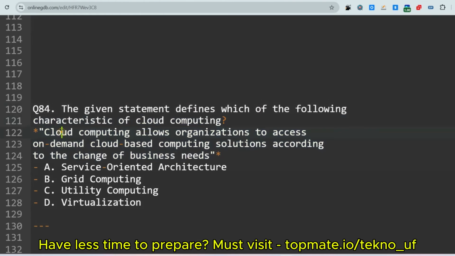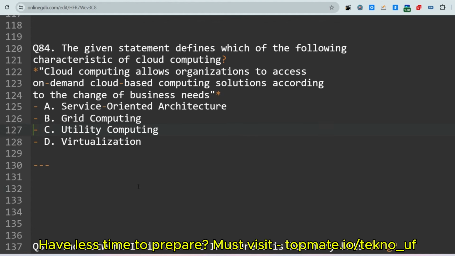The question is, the given statement defines which of the following characteristics of cloud computing? Service-oriented architecture, grid computing, utility computing, or virtualization? Give me the answer in the comment section, guys. So let me just give the answer: that is utility computing. Let me just skip the explanation. Okay, so let me go to the next question.